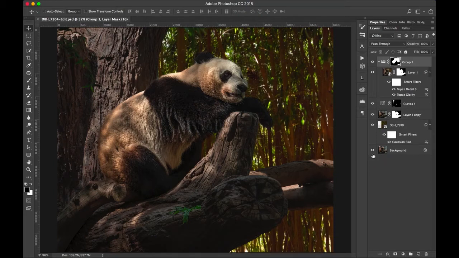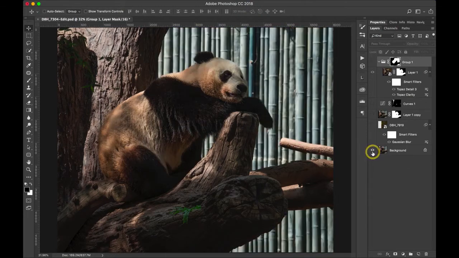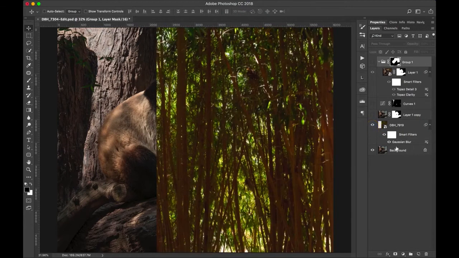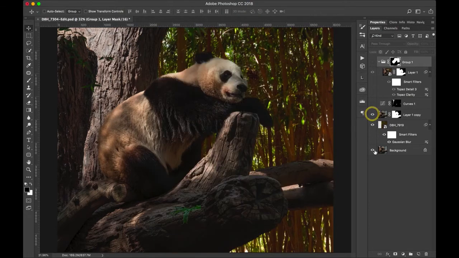Let me turn off the visibility of everything but the bottommost layer. So there's the initial capture taken at the San Diego Zoo, and the background is way too bright and not very interesting. So the first thing I did was get an image of some, I don't know if that's bamboo or eucalyptus, it's one of the two, and kind of moved it into position where I wanted it. And then I took a second copy of the panda